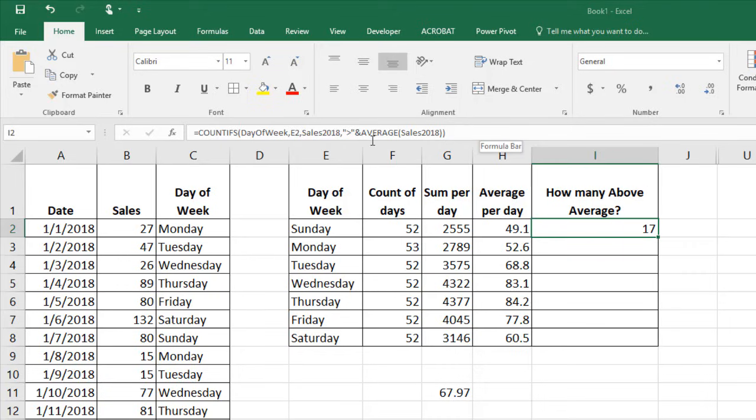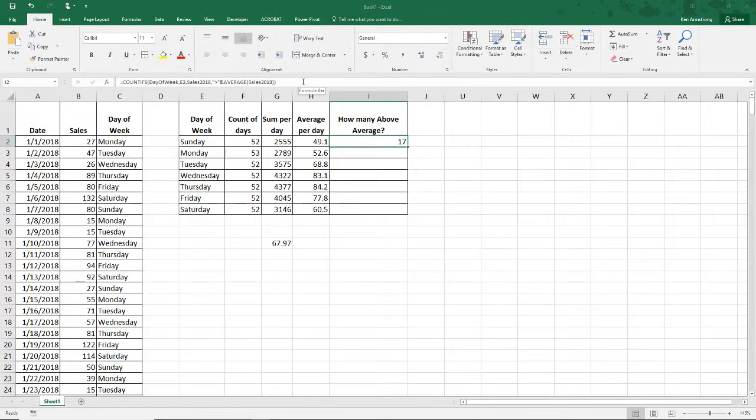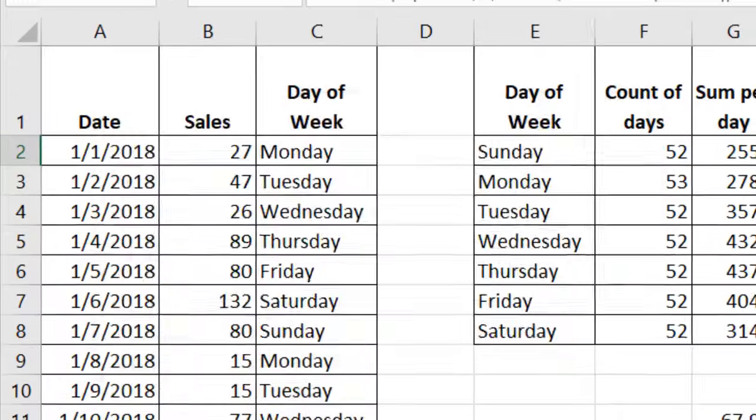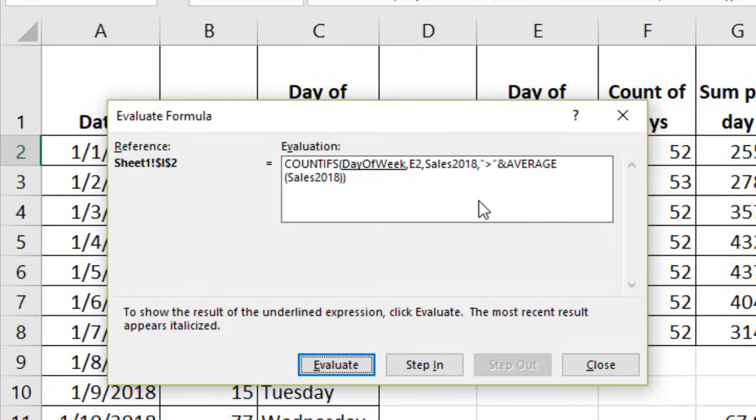This is a pretty complicated formula. We've got a whole bunch of stuff, and what's going on at what point, how did we get here? If you ever have a formula that you're not sure how it's working or it's misbehaving and you want to find out how to fix it, we'll talk about this more in Module 4, but let me show you this formula evaluator up here. If I go to Formulas and Evaluate Formula, I'm pretty sure that this is only available on the Windows side. I've never been able to find it on the Mac, but it could be there. So if you're a Mac user, let me know if you find it.